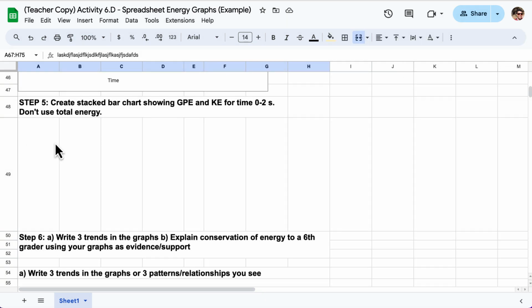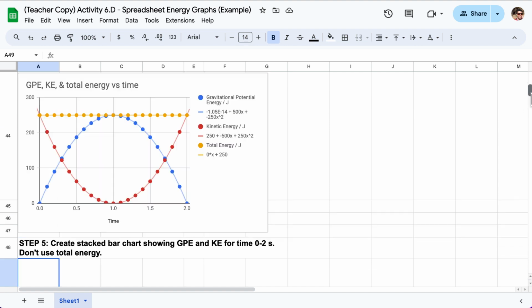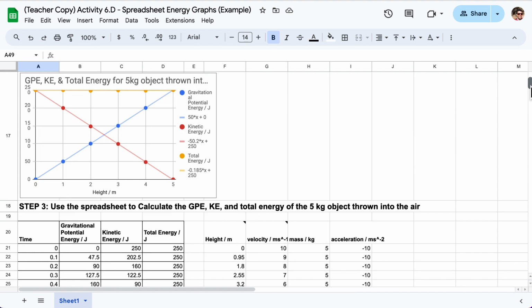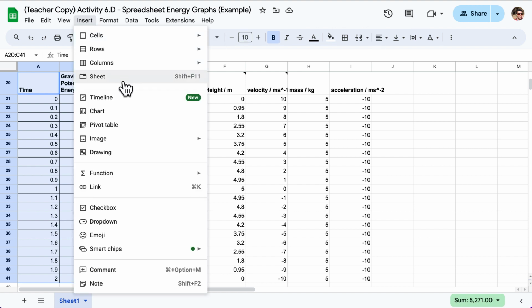All right, so in this one, we are going to go ahead and create a stacked bar chart showing GPE and KE for the time of 0 to 2 seconds. What this should look like is your energy Lego graphs that we did. Notice it says don't use total energy, so let's go ahead and do this. For this one, let's go ahead and highlight from 0 to 2 seconds. We're not doing total energy. We'll go ahead and go to Insert, Chart,